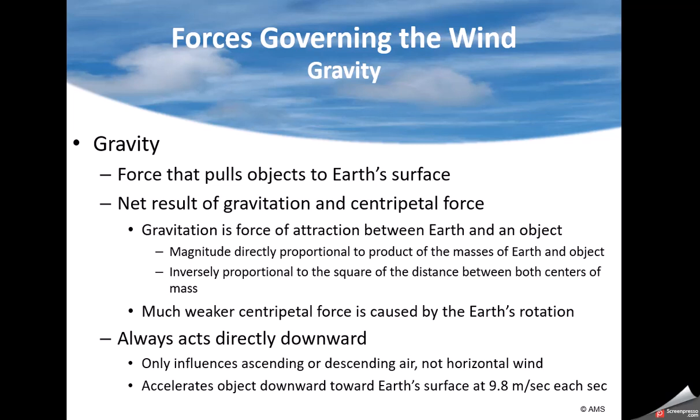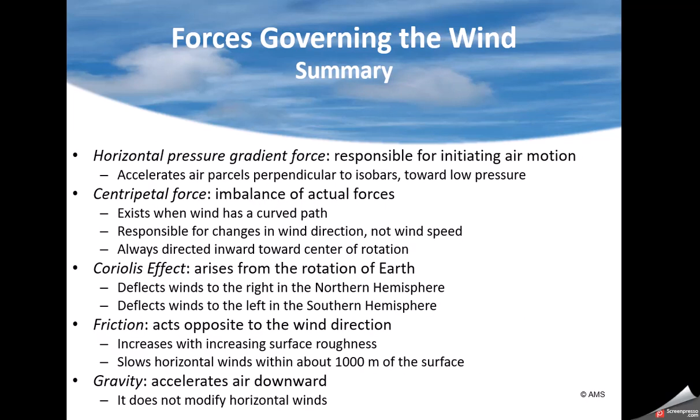One more force, gravity. Gravity always works to pull everything down to the ground. Gravity will only impact vertical motion. It does not impact horizontal motion. So it is always going to tend to pull things to the ground. On Earth, because we rotate, it is two things. You have the centripetal force, which is tending to keep objects pulled toward the ground, and gravitation. Yes, centripetal is much, much less, but they work together. And you will probably see that in the question.